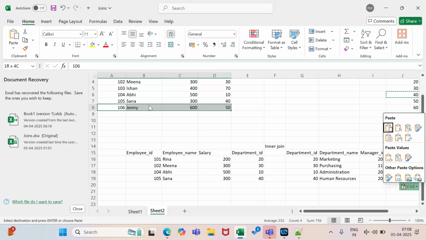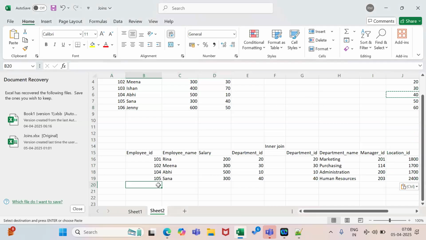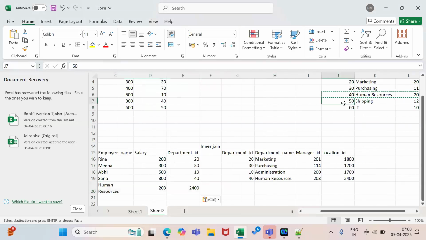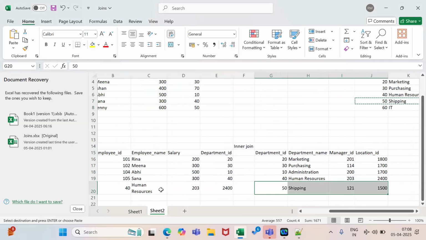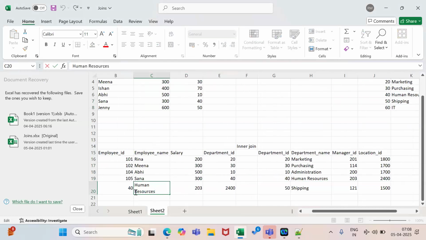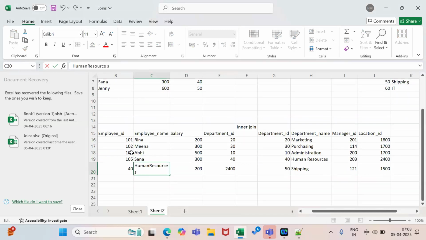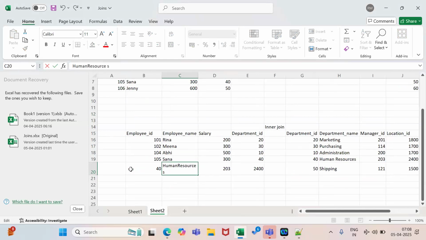For 50 also we have. So altogether, this much will be your, okay, 1, 2, 3, 4, 5 rows will be there. Here I did something wrong in copying.